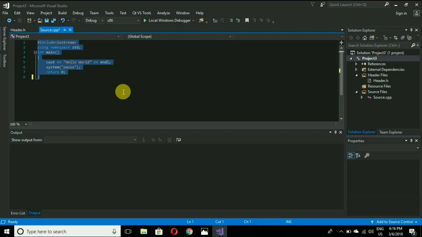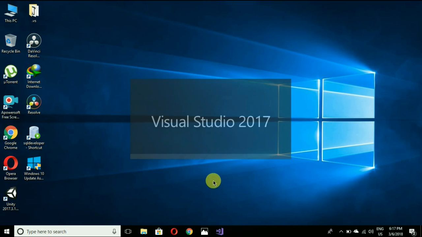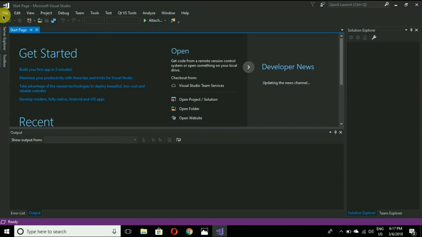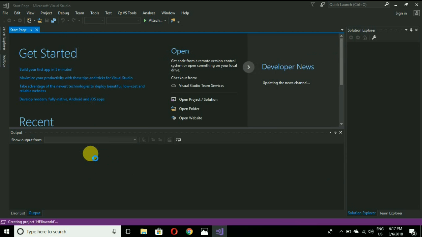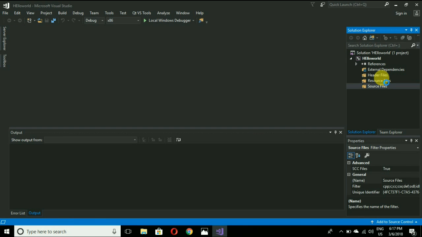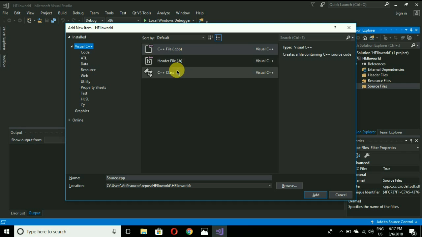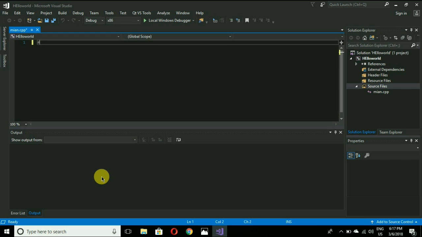Okay, so now I'm going to show you how the C++ compiler works. I'm going to close this and open Visual Studio again. File, new project, empty project, give it any name, for example hello world. I'm going to add a file here, the cpp file and the .h file. I will cover these files in this video also. I'm giving the name main.cpp, click enter. So I'm going to include a file,